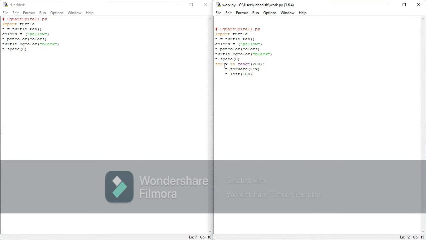Where is the variable in this code? The variable is x. We want x to be in range of 200, or we want our turtle to draw 200 spirals. As you can see, this is in purple. Now first type that code.